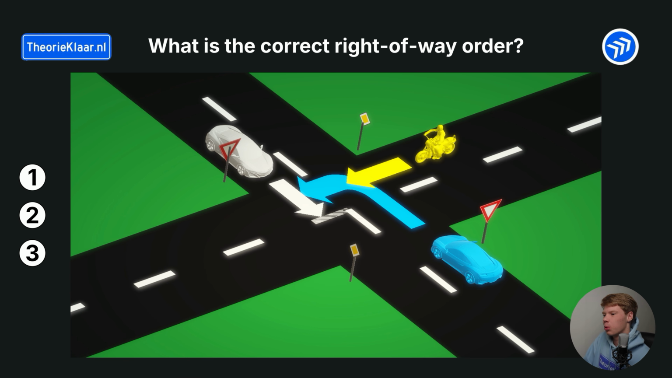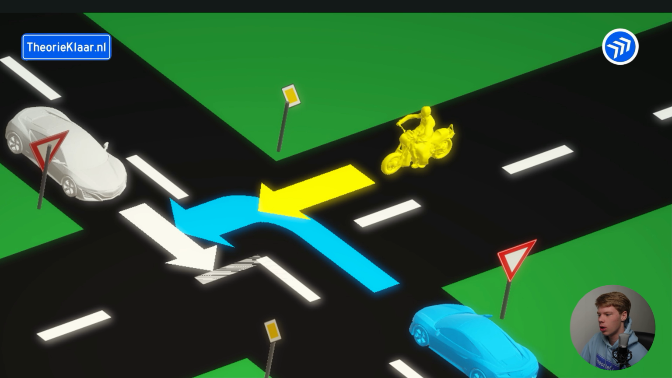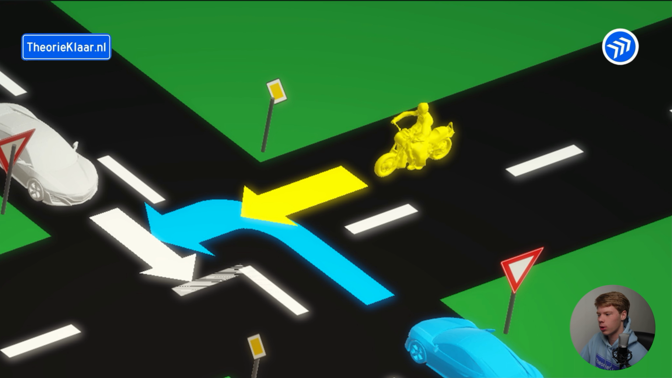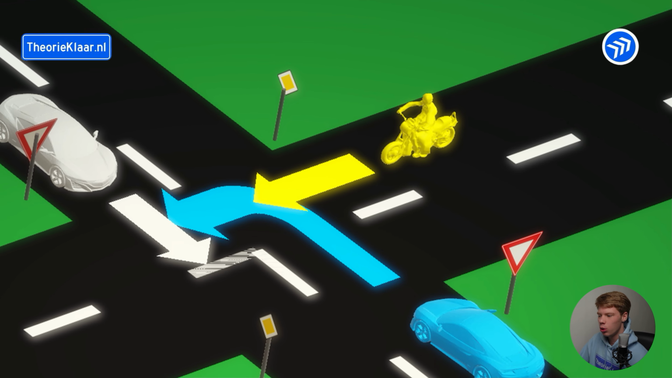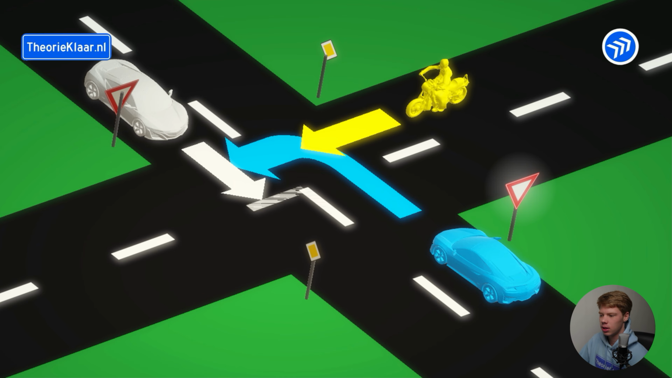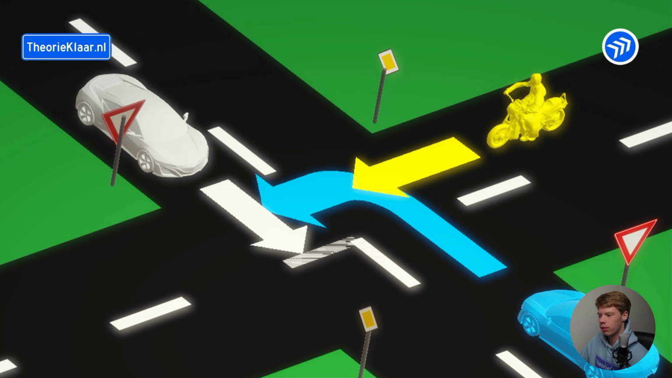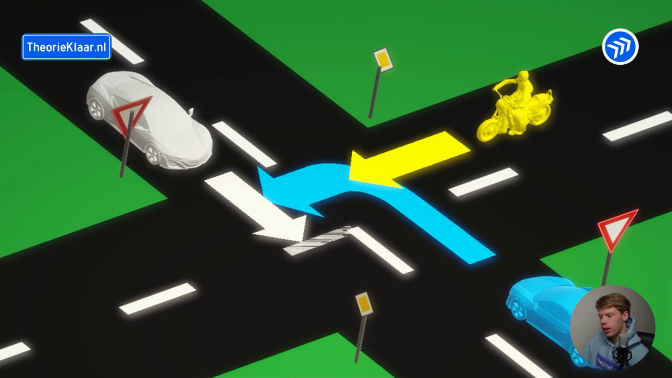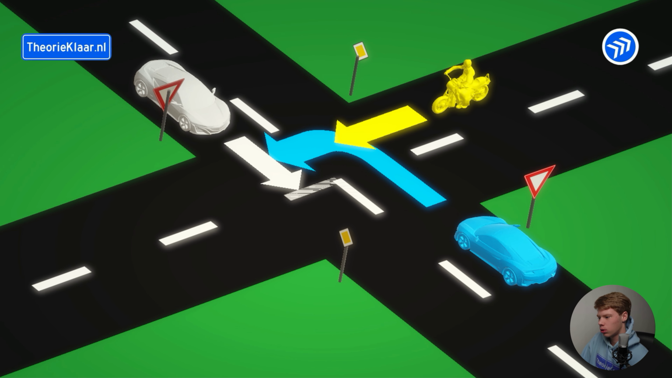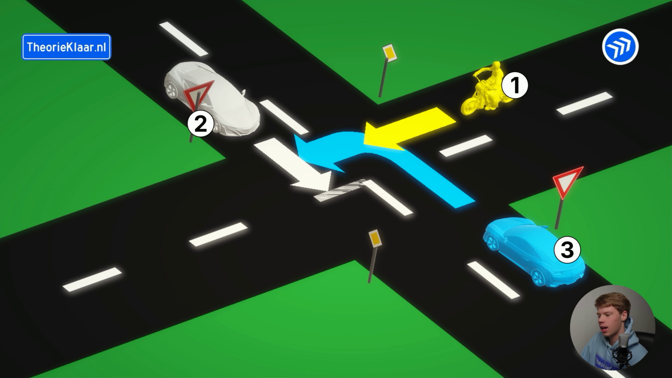And what is the correct right-of-way order here? The yellow motorcycle is on a priority road. You can see that because of the yellow diamond. So the yellow motorcycle has right-of-way, it goes first. The blue and white cars are positioned equally. That is because they are both behind the B6 shark teeth sign. And because they are oncoming drivers, straight ahead traffic goes first, then a short turn and then last a long turn. And the blue car makes a long turn, so the white car goes second and the blue car